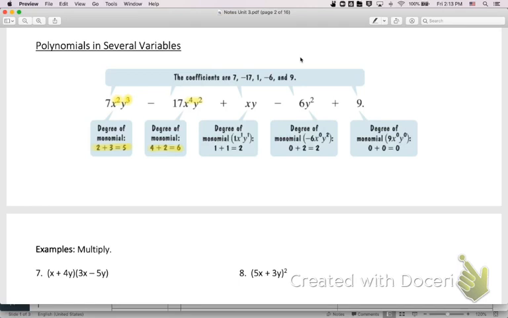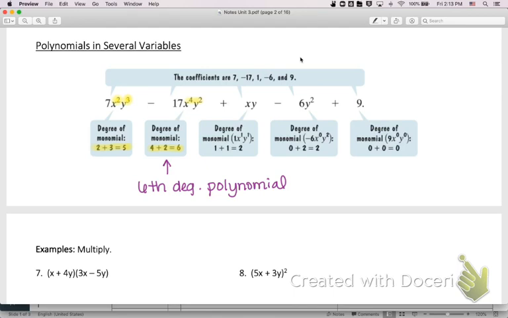So every year I put this on a test as a freebie question, what's the degree of the polynomial? And we always forget what to do because we don't pay attention to this little bit right here. So how do you find the degree when there are several variables? You add up the degrees of each term, and that's how you get the degree of the polynomial in total. So this one, since the degree is 6, that's the biggest one. That makes this a 6th degree polynomial. Even though there's nothing up there that actually has a 6th power, that's the total power of a single term,